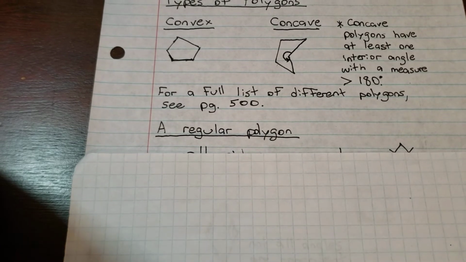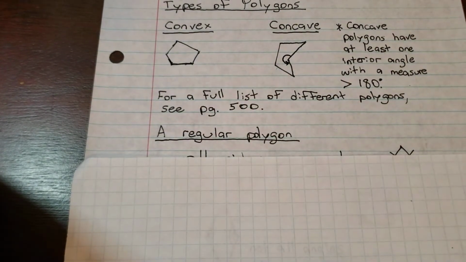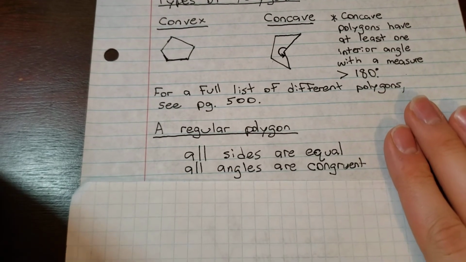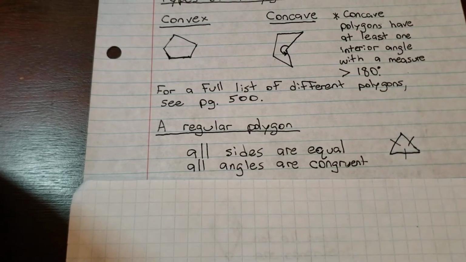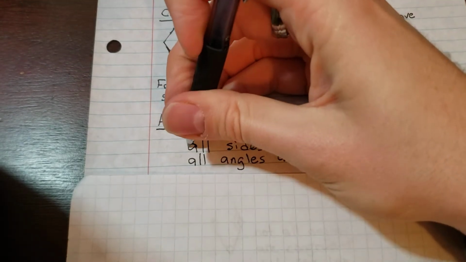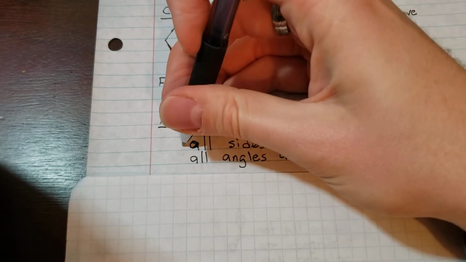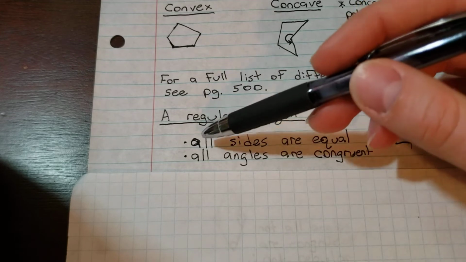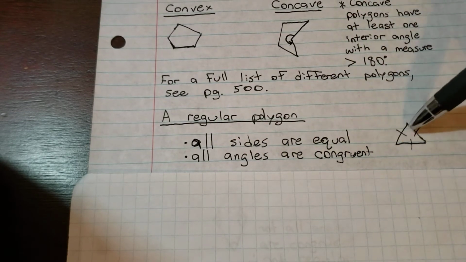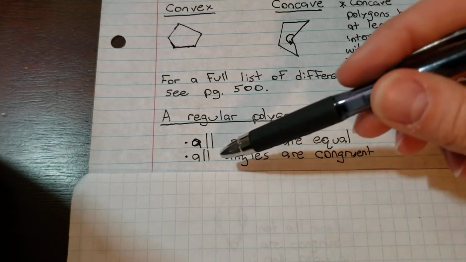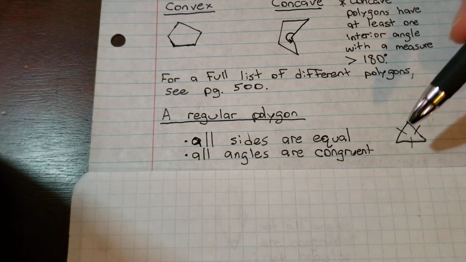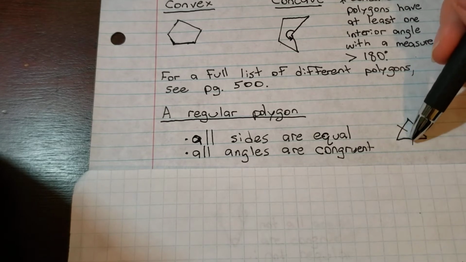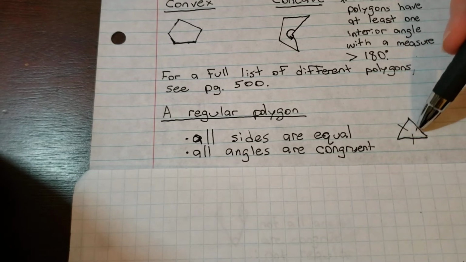But I want to talk today about regular polygons. So a regular polygon has these two primary factors. Yes, it will be important to know these two things. That a regular polygon has all sides equal, just like this triangle, right? And all angles are congruent. Just a quick reminder, these little dash marks indicate that this is congruent to that, which is congruent to that,